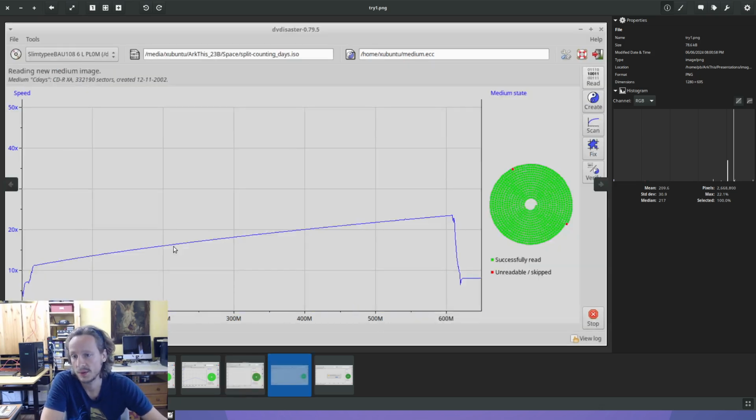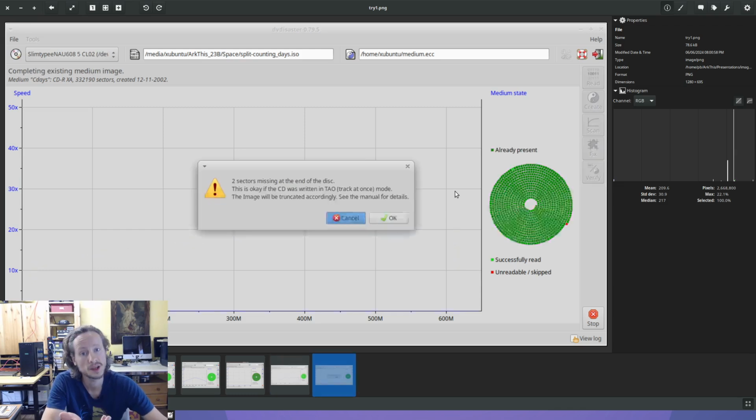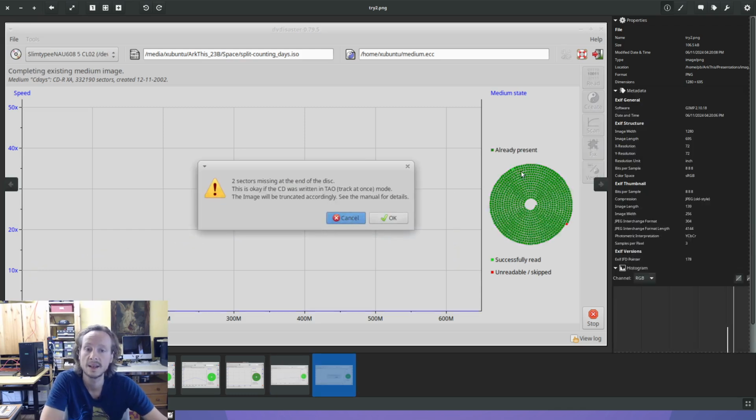Here you see a CD read, smooth read, all straight. Then at the end it encountered two broken blocks or bad blocks. It slowed down, tried to read, said, 2 blocks, couldn't manage. So I tried it again on a different drive, and it tried again. This one red block before, so you see here, broken block. It said, oh, on this drive I could fit it in, and now I have all the data up until the very last block. And dvdisaster understands this and tells me, hey, there's 2 sectors missing at the end of